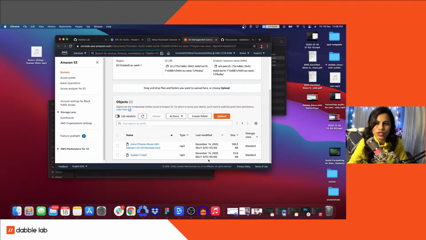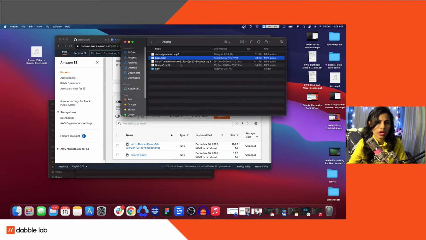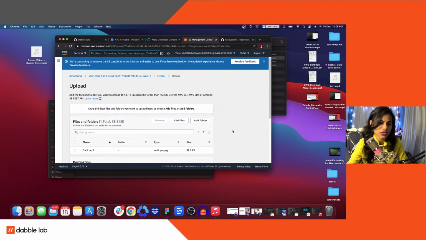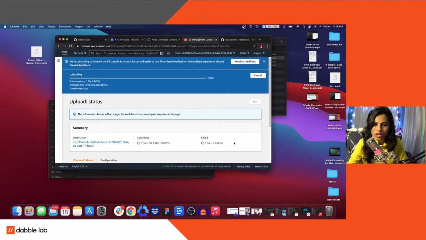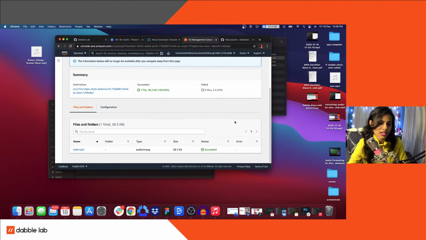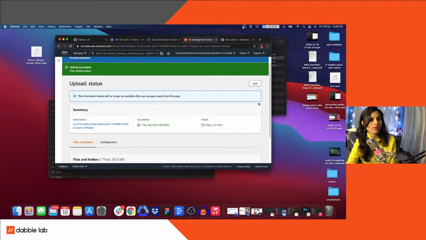Okay, we have some objects already in here. That is what I did when I was trying to test it out. Let me just try inserting another new audio in here. Yes, success. So this got uploaded. I don't know, maybe it was just because of permissions, maybe because that's my work account, maybe permissions are set up in a different way, or maybe I just messed up stuff, so that doesn't really matter.